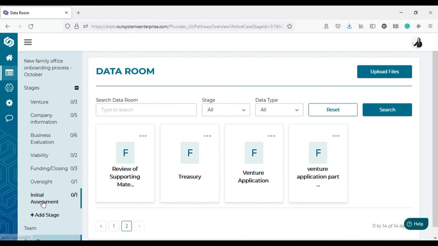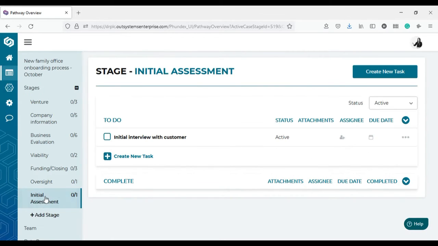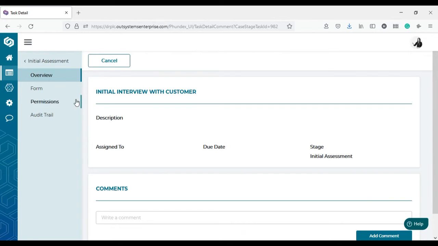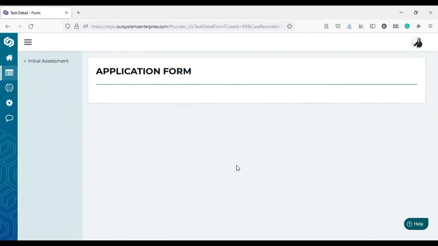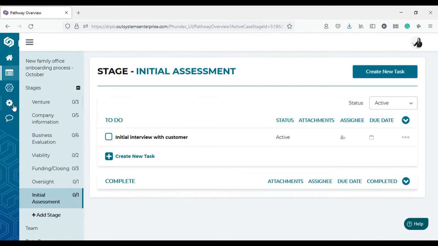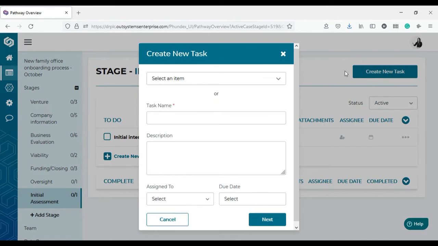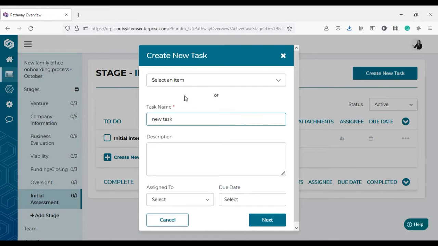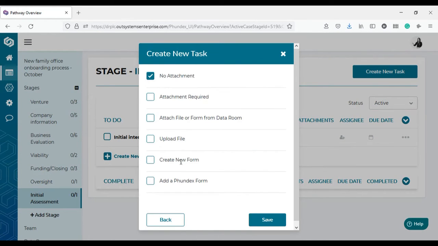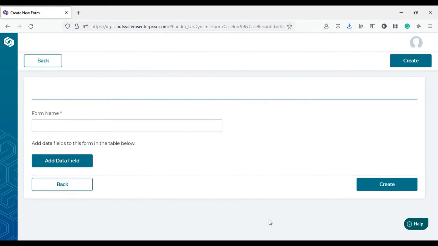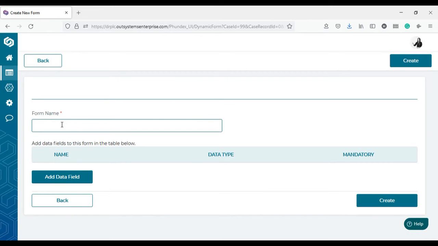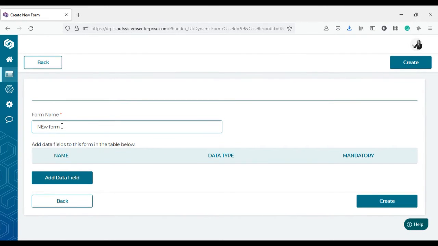So if we go into the initial assessment, we can see that there was an initial interview with a client, and that initial interview had a form so that we could gather the information about the client. If we create a new task that involves forms, we can request that we create a new form. And in this particular case, we're going to explore all of the opportunities for the new form. So we're going to create a new form